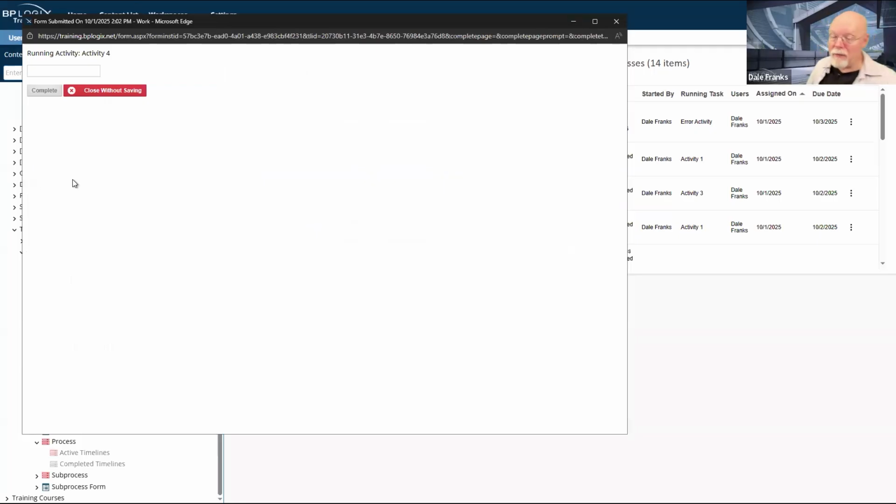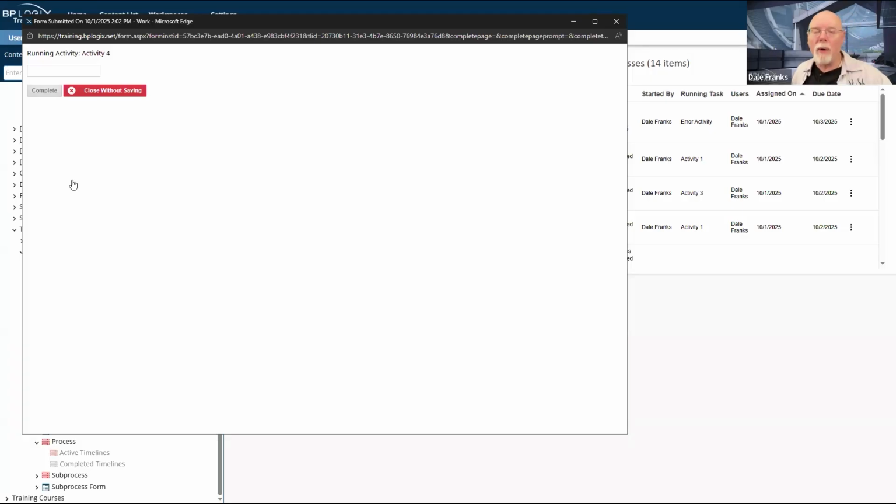It went to activity 4. That's perfect. That's exactly what I wanted it to do. Activity 2 is gone. Now remember, I was already in activity 1, but as I said, in the instance, activity 2 does not yet exist. And when it no longer exists, then when I complete activity 1, I'm going to have to check and see, all right, where do I go now? Where I go now is activity 4, because that's the dependent activity on activity 1. So great. It now knows where to go.